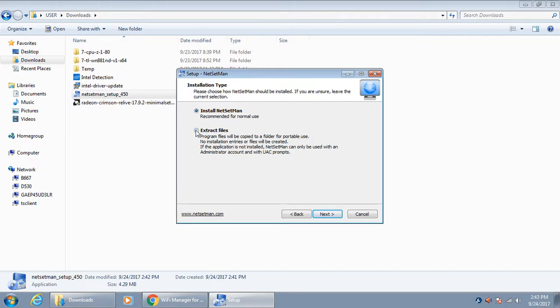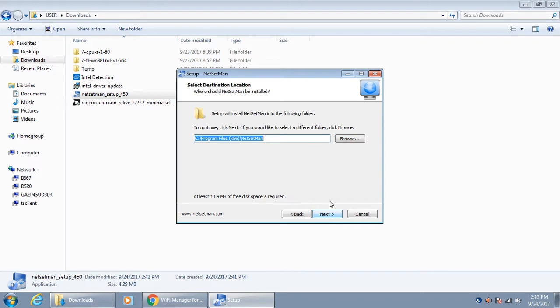Now this is a pattern I've noticed. A lot of even free software like CCleaner, they are now creating portable versions, which is excellent. So you can run this portable. But I'm going to just install the files. Click next. Next. You can change that name, but I never mess with anything. I just